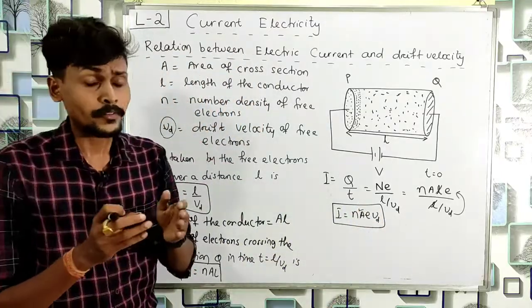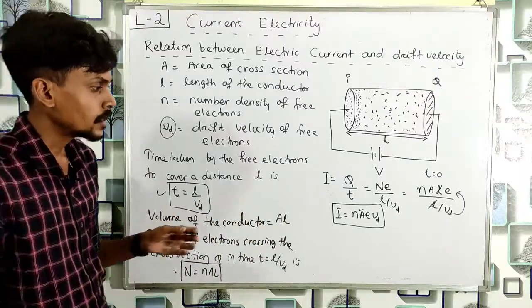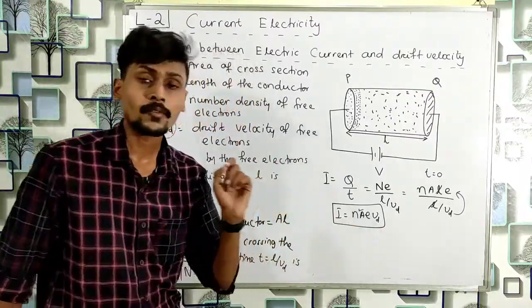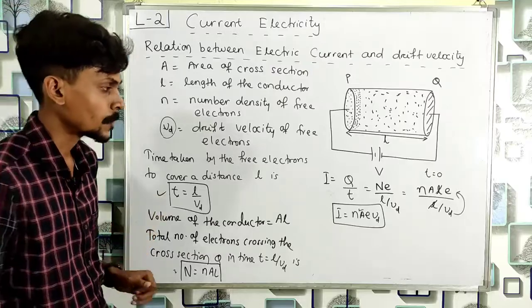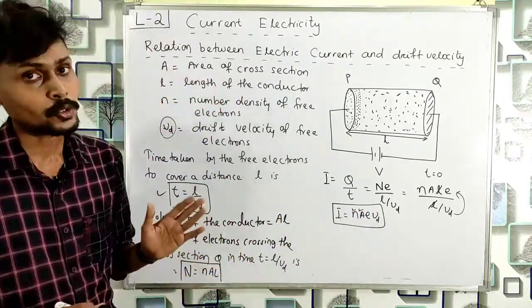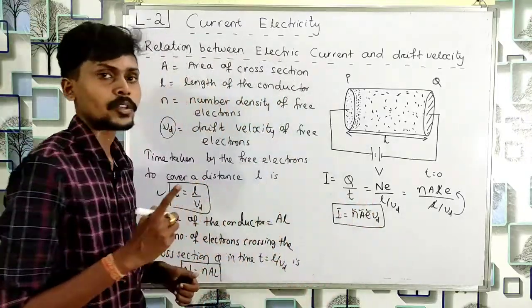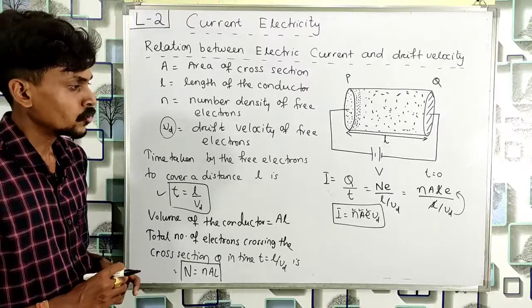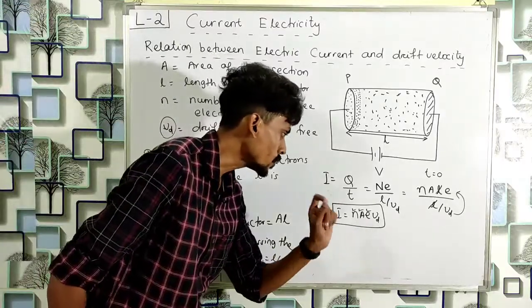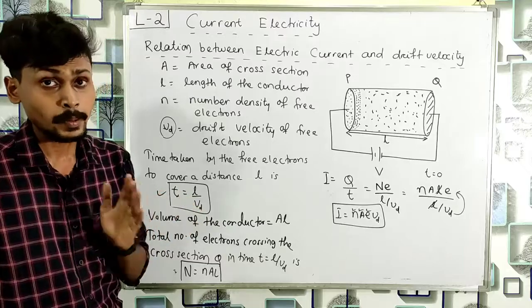If I have taken a uniform rod or uniform wire, then the area of cross section will also be constant. So n is constant for a given conductor, A is also constant, and e, the charge of electron, is also constant. So out of these four terms, n, A and e are all constant except Vd, because